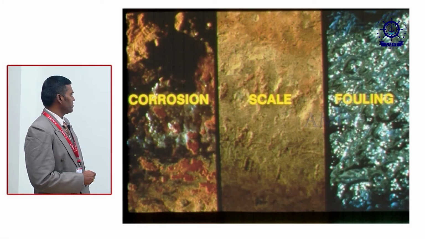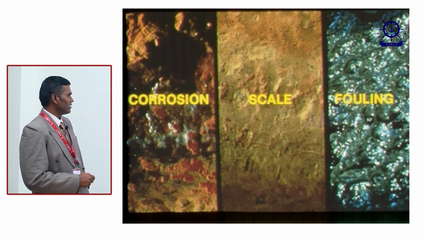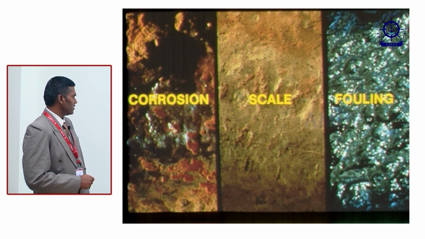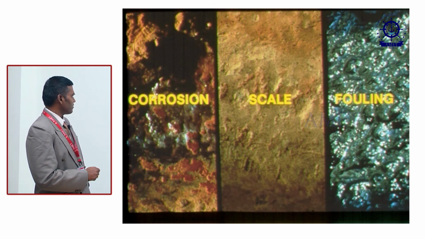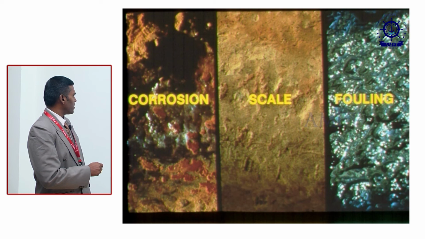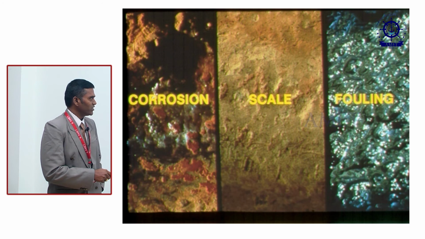This is a small difference between corrosion, scale and fouling. You can see the corrosion, there are patches like this, here and there. It is not a complete corrosion of the part, because of the cathodic part and anodic part. Only at the anodic part does corrosion take place, and the cathodic part supports the anodic reactions. See the scale, there are also patches like this, a small difference between corrosion and scale. Fouling is caused by microbiological material.